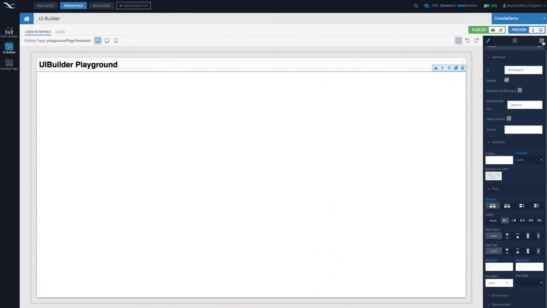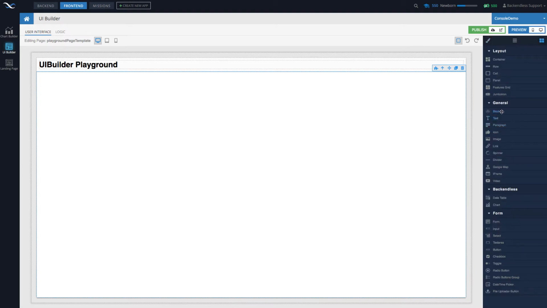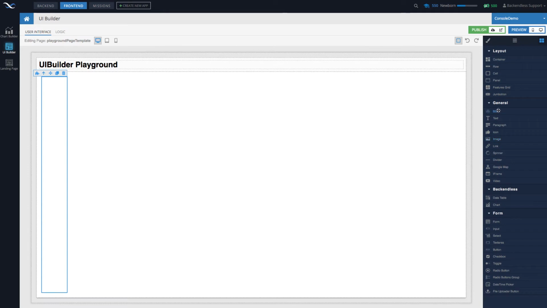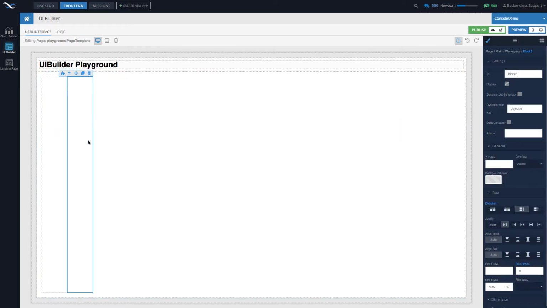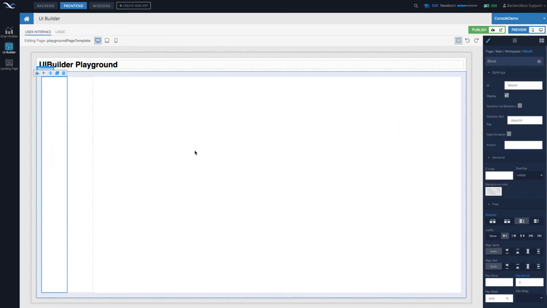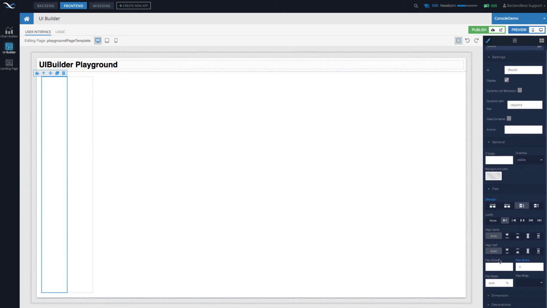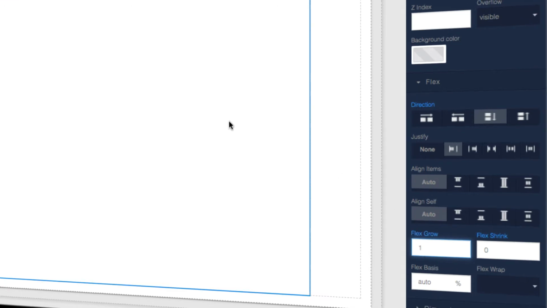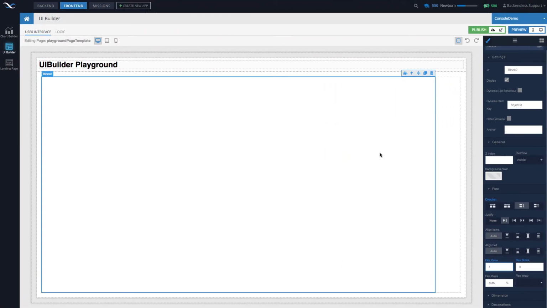And the next step is to switch to the toolbox and drag block 1. And then drag another block 2 right here. So there are two blocks. For the first block, make sure it is selected. And then in the properties, make sure to find flex grow and put 1 in here. And then what happens is this block becomes the main one. It takes as much space as possible.